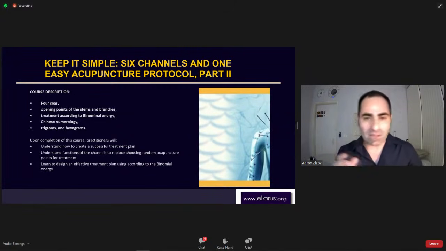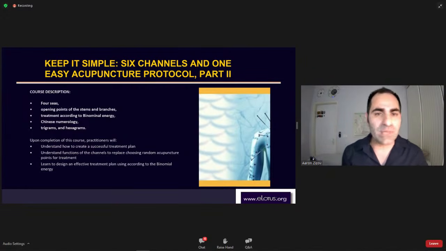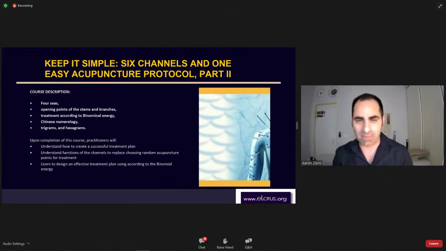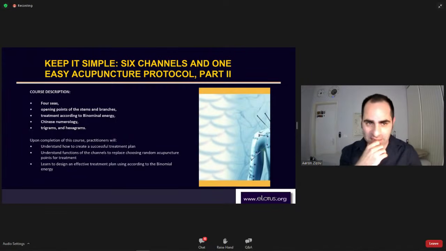So it's not always so easy to invite patients to come at 3 a.m. to the clinic to get the puncture, but I will use some press tack or different points of acupressure. I will use some points, different ways of stimulating. I will tell the patient to stimulate the point at a certain time, or if it stays on, the point will be effective at that specific time. So again, it's another way of understanding stems and branches, an easy but very effective way.